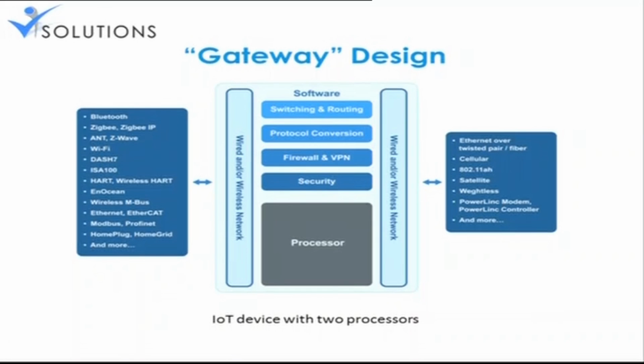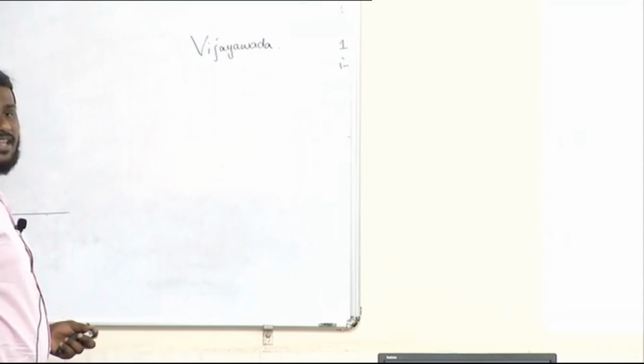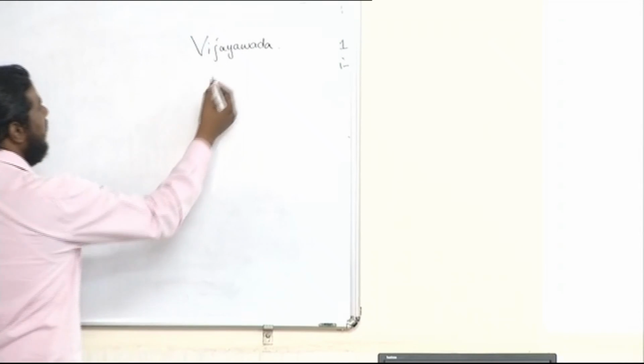Let me say I want this entire universe to be connected in a single network. Let me keep it pretty simple: I want the entire Vijayawada to be connected in a single network. I want to design a smart city now. I have Vijayawada, so I have to subdivide it into multiple classes, only then can I communicate. So we have a main server here.